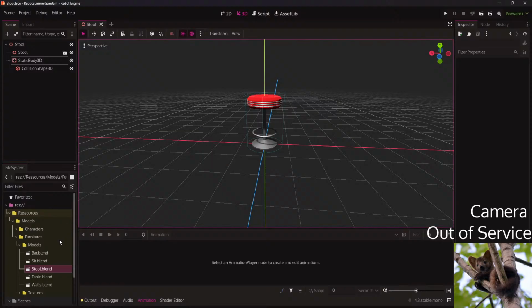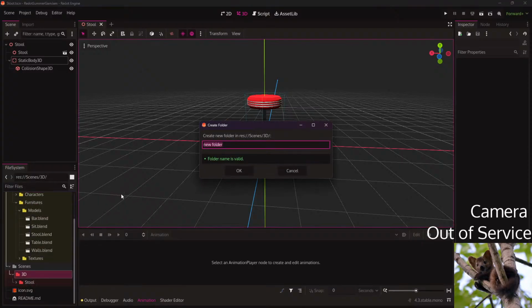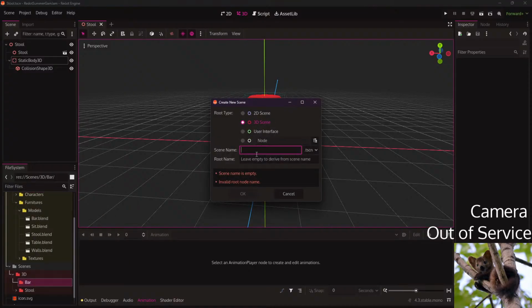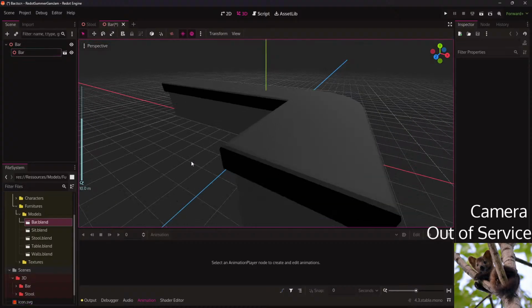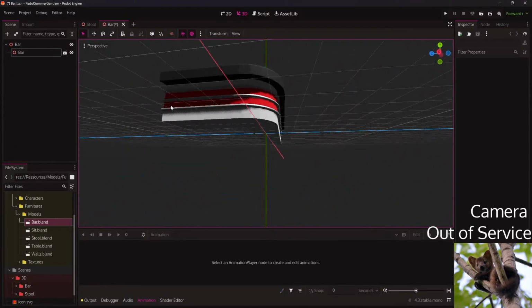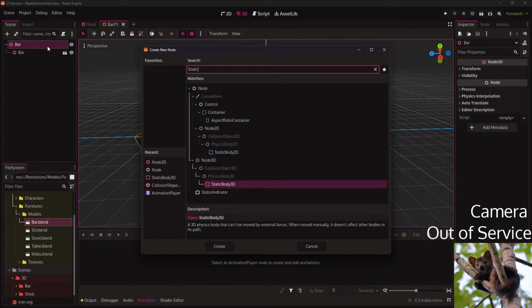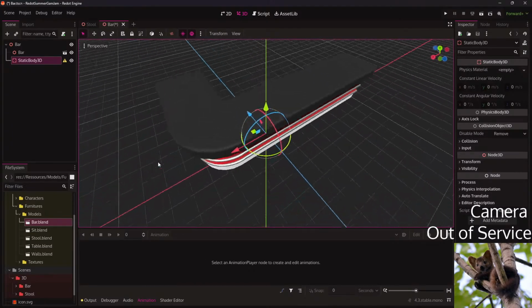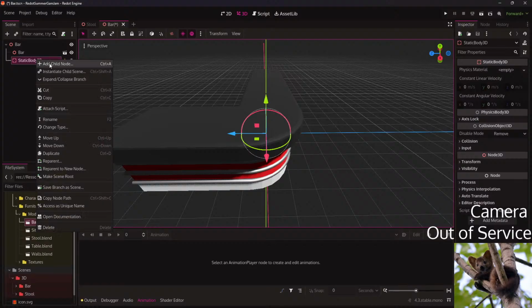Yeah, anyway. So that's the first one, and then we have the bar. Oh. Now, for the shape. Huh.